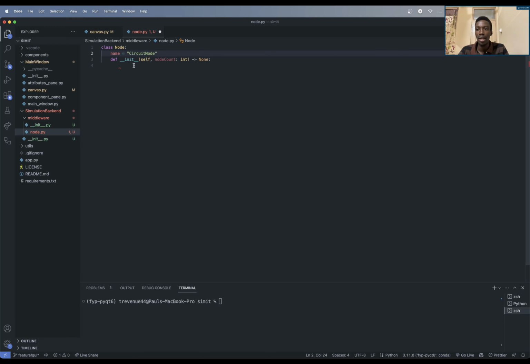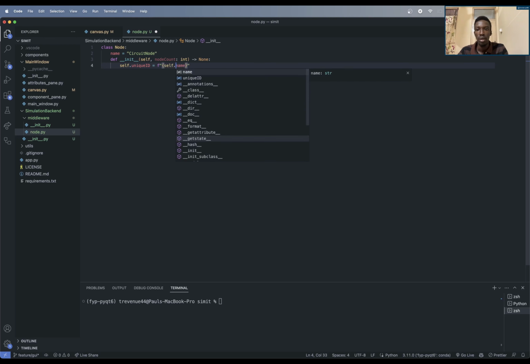Anyway, node, circuit node or something. I should create an enum to store all of this. Anyway, circuit node, and I'm supposed to take the node count, right? So I'm supposed to create self.unique_id, and this is supposed to be an f-string of the self.name and dash the count. I'll get a count, a unique number, because obviously if I'm counting it and sending it, it will be unique. So I'm setting self.name and concatenating that to the node count,